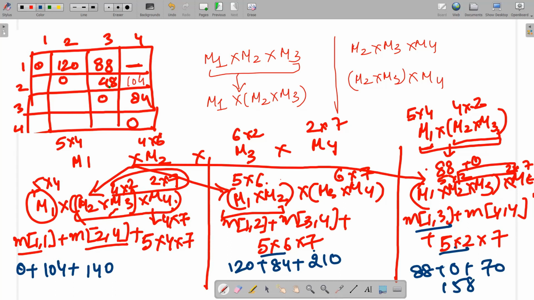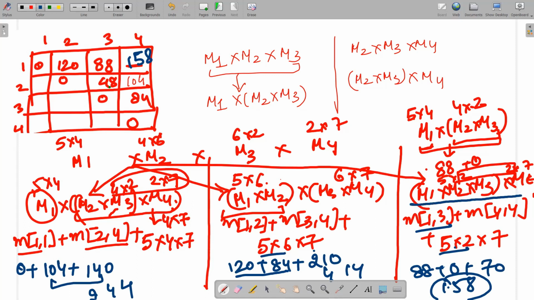This answer is 158. This answer is 240. So the minimum out of this is 158. The minimum cost is one important thing, but the important part is that we all knew